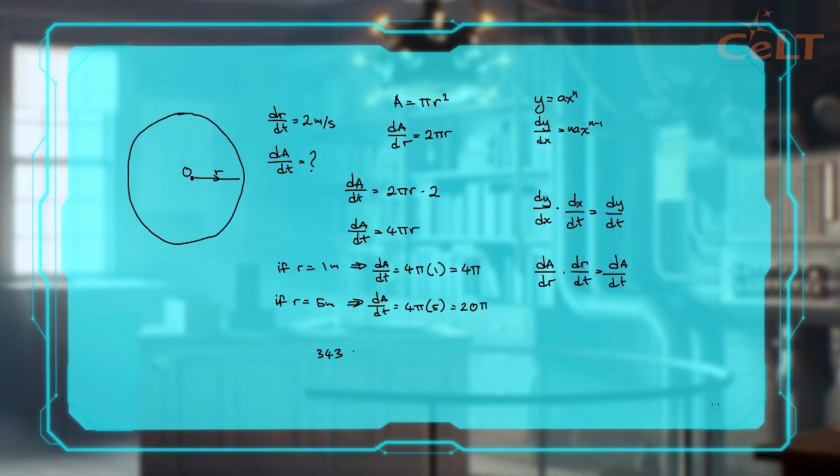343 meters per second. And the formula for the volume of a sphere is V equal to 4 over 3 pi r cubed. So given that dr over dt is 343, how will you use the differentiation formula and chain rule to figure out the value of dV over dt? So now that's the challenge that you need to think about